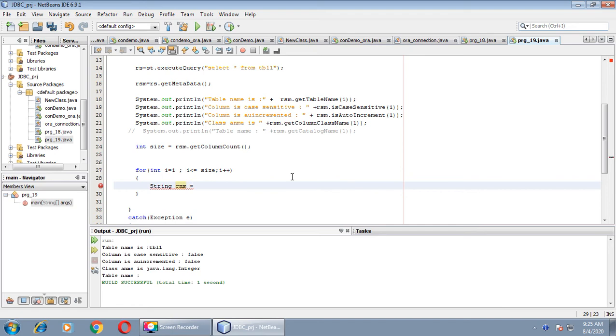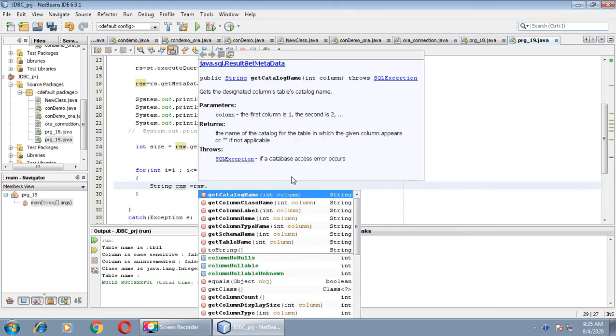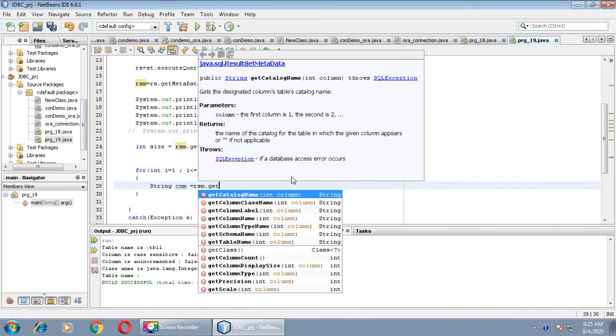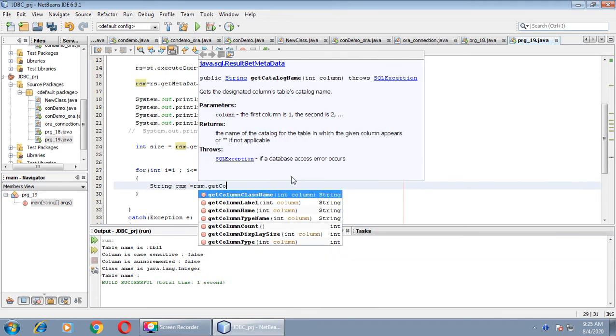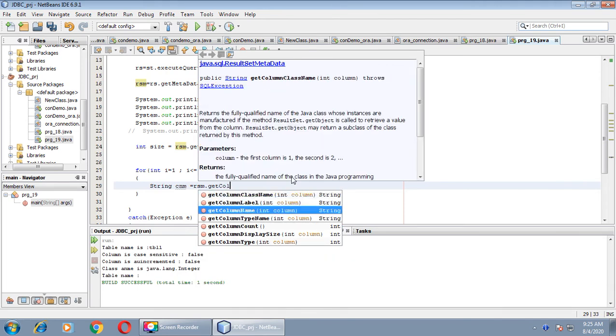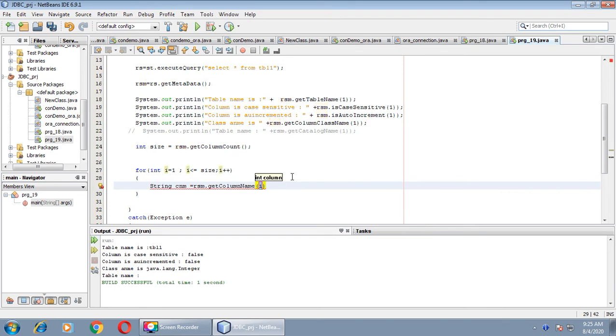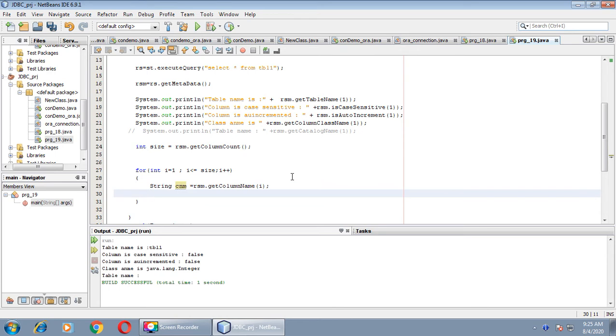Don't copy and paste the code from the previous program, as this code is new for us, so it is better you type it yourself. getColumnName, and we will pass i as a parameter because we want to pass 1, 2, 3, 4 respectively in this method.